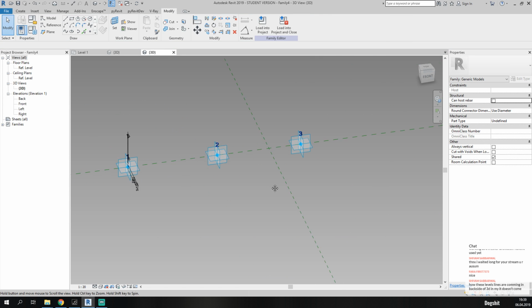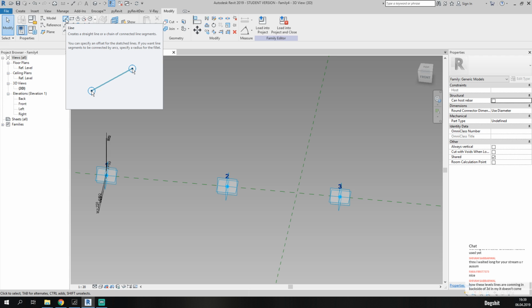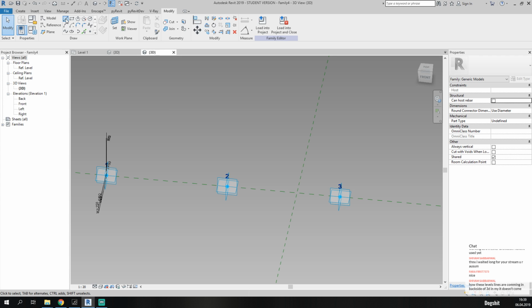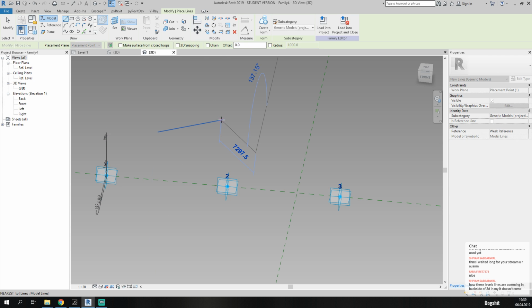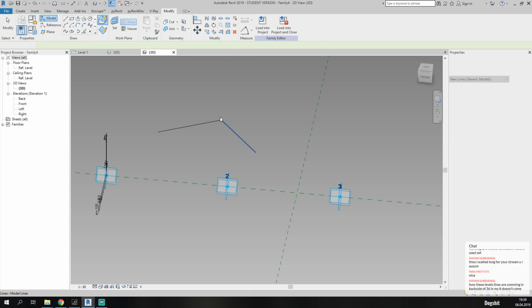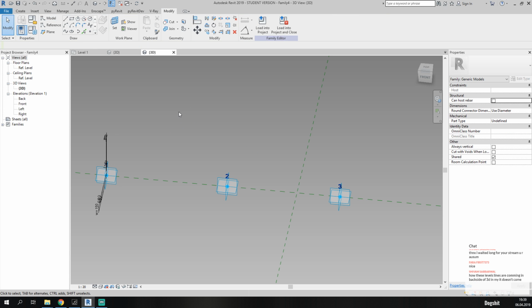Okay, so what are we going to do now? After that, we should create one more line. This line will work like the pathway for our profile. If you just use plain lines, your pathway will have this strange angle, like this. But we don't need this angle, we need a smooth one, like a Bezier. So for that,